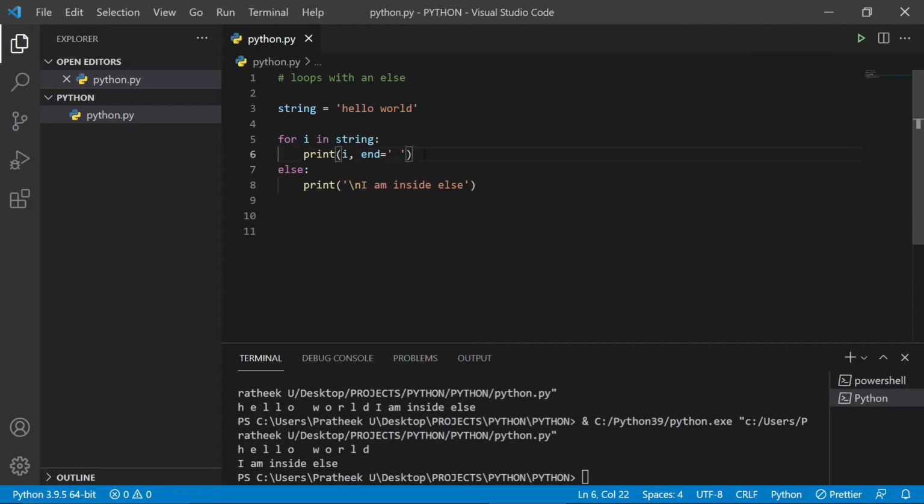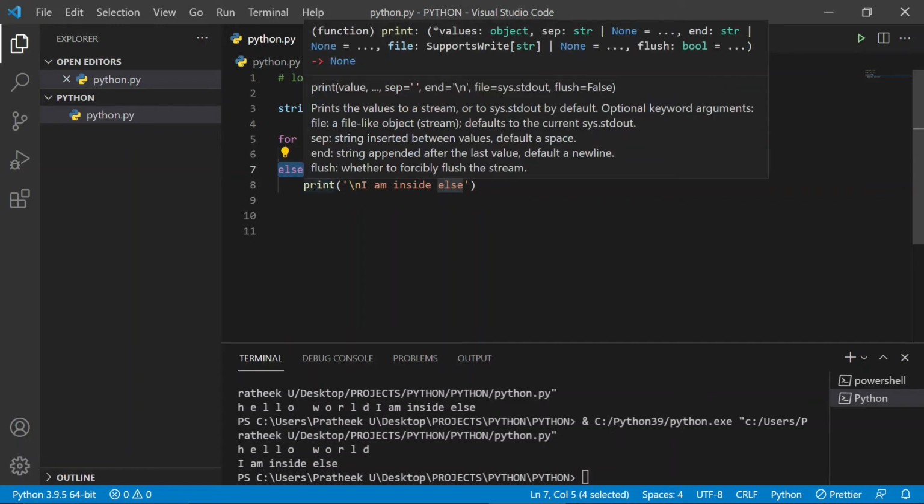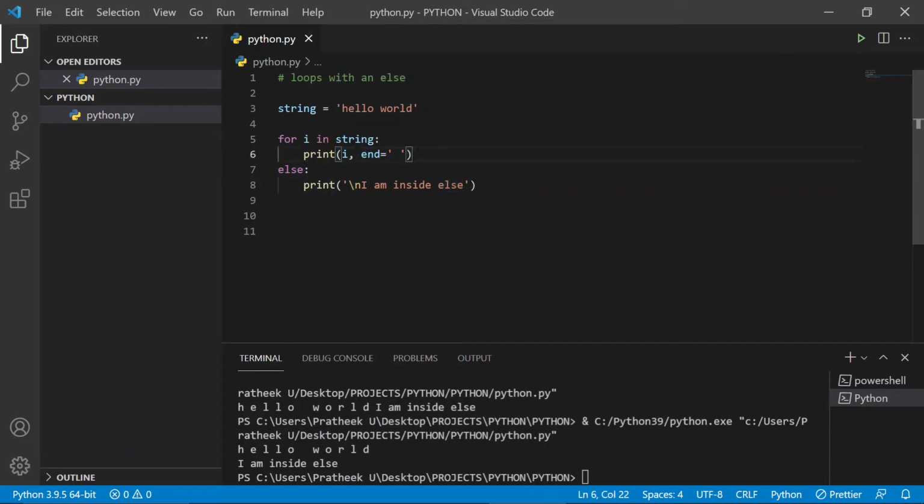In this case, as you can see here, we have not given any break statement, right? So else will check whether the above loop has hit a break statement. If it has hit a break statement, then it won't print this else. And if it had not hit any break statement, then it will go ahead and print else too along with these.